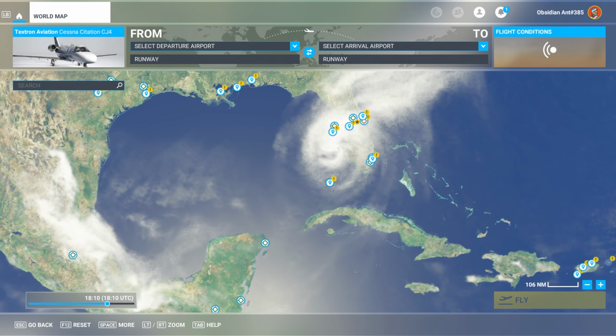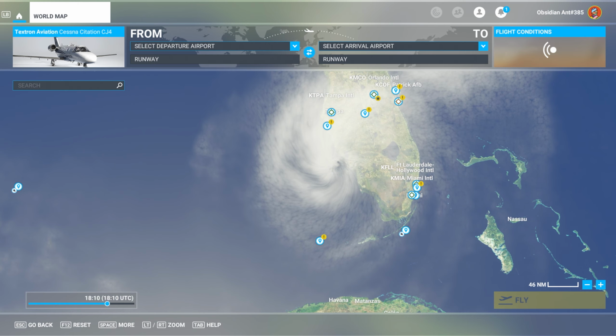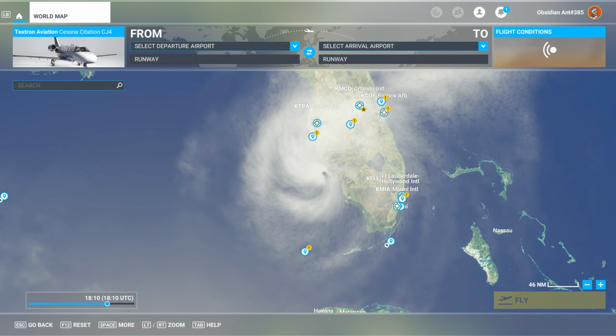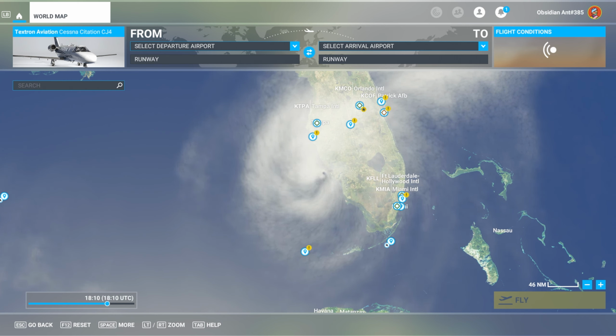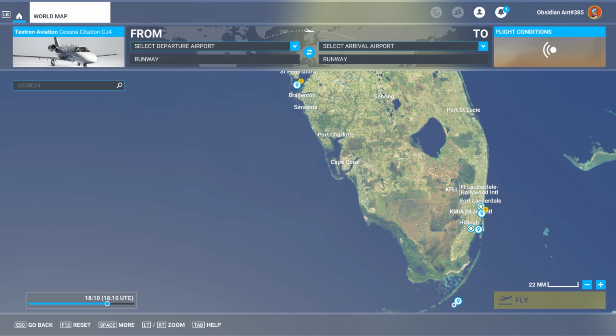This is Hurricane Ian, and as I recall, it's about to make landfall on the western side of Florida, right there near Cape Coral. Now you're looking at the storm here in Microsoft Flight Simulator. The sim has live weather tracking, which means when storms like this one appear, we can jump in and have